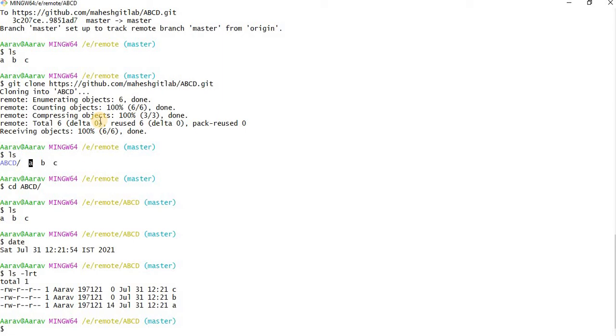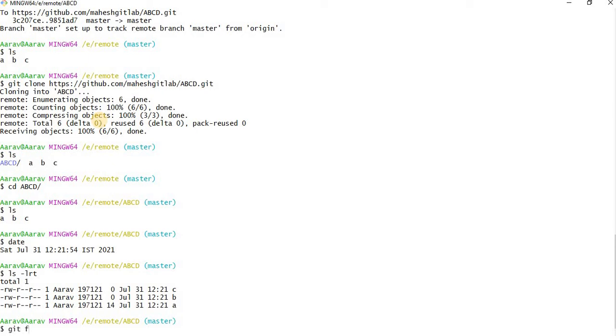So git fetch will work only when the code present on remote and local is different from each other. When there is a mismatch between the code on remote and local, then only it will be useful to perform this fetch activity. So whenever you do fetch, what happens? It will download the code and create a remote branch. Under that remote branch we will have the downloaded code. Okay, let us see it.